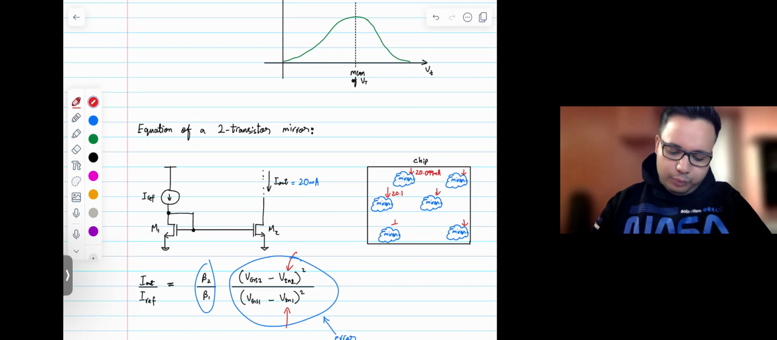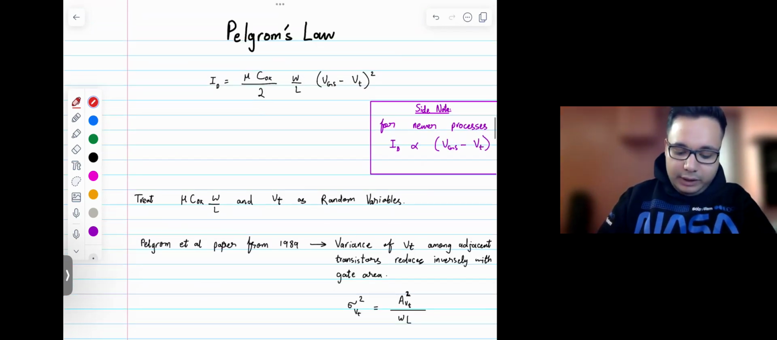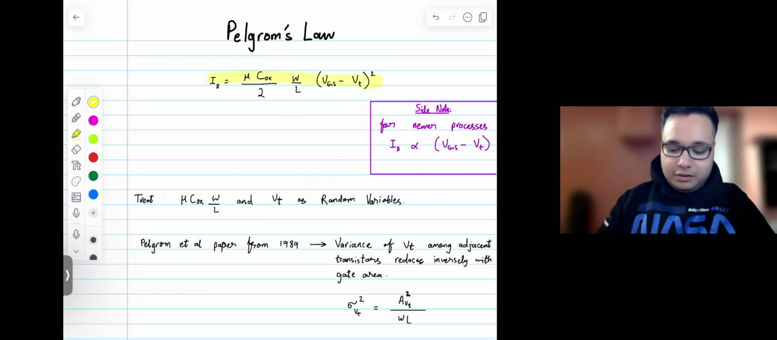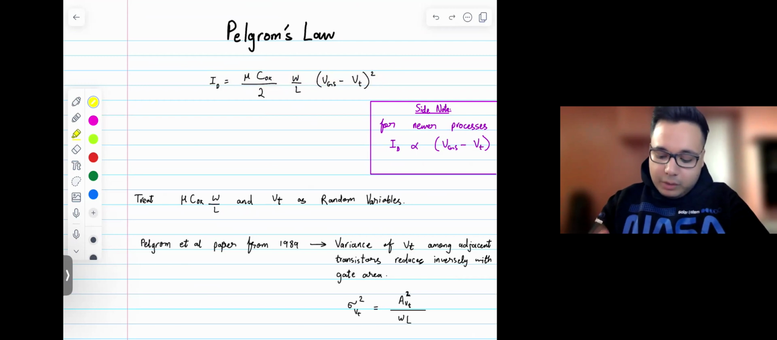And let's start with the equation of a transistor, the drain current of a transistor in saturation. So again, we have seen this equation before. Just a side note though, for modern processes, the drain current of the transistor is not really a square law relationship with the overdrive voltage. So these days it's more like a linear relationship. And okay, so anyway,